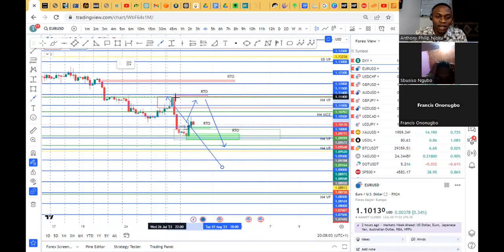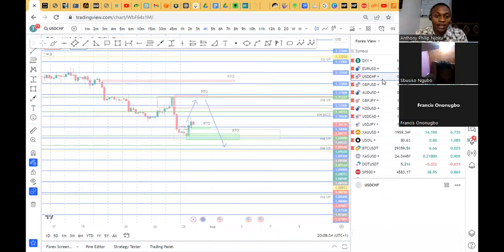We traded this together with the team on Thursday. We made a lot of profit on the sells. So before the week would end, we see that the market needs to complete this retracement or corrective structure or pullback into this zone before we can expect the next push to the downside. And we have a lot of fundamentals that are going to be supporting the dollar to achieve this target by next week, or this current week we're diving into. So I'll be sharing that with you guys as well.